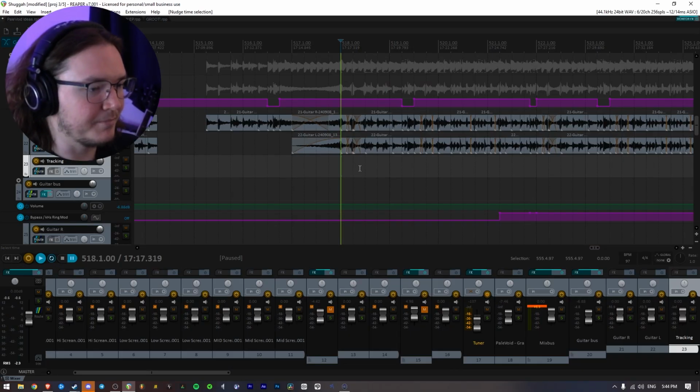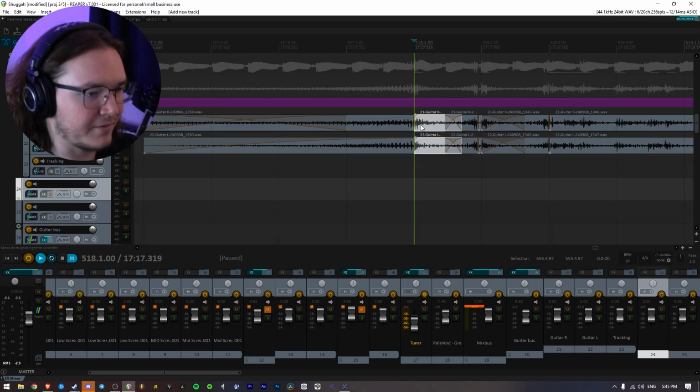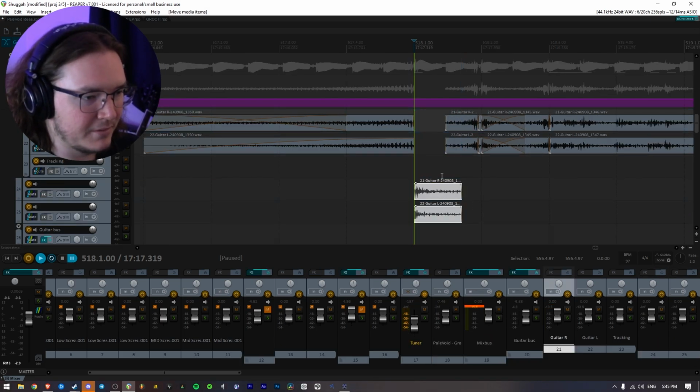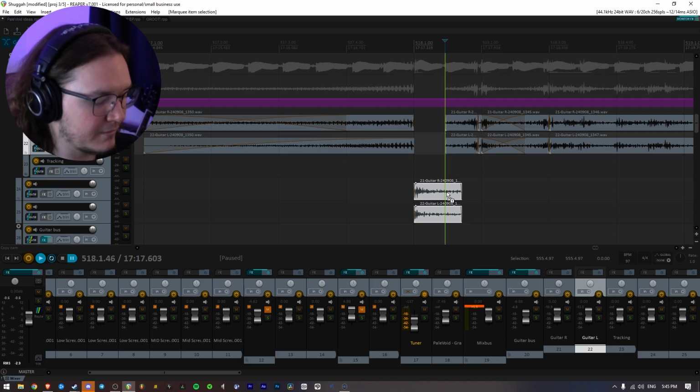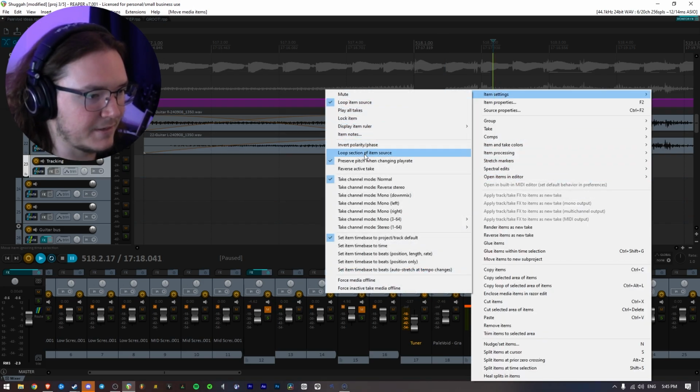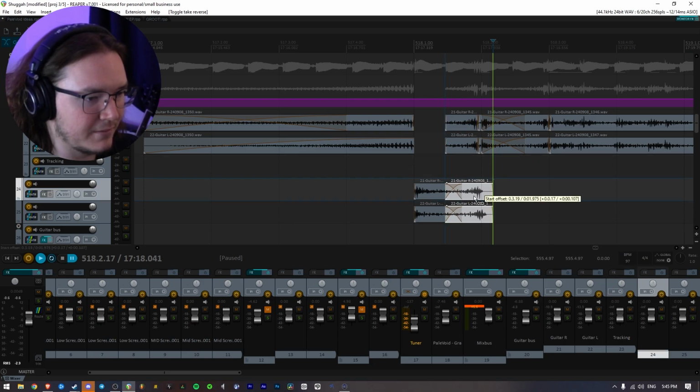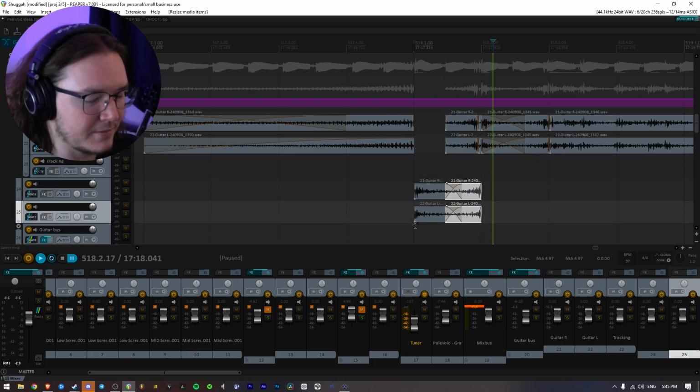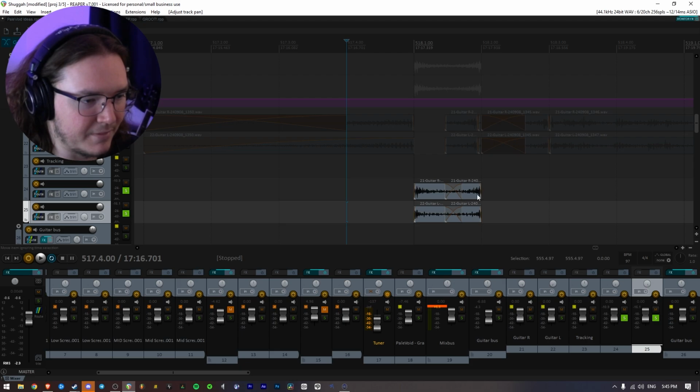So at least in Reaper, the way I do it, I just made 2 more tracks here. So I take the chug and I'll find the middle point, copy paste down into there, item settings, reverse active take, drag it over just so it's more in time. And once you have that pushed over,